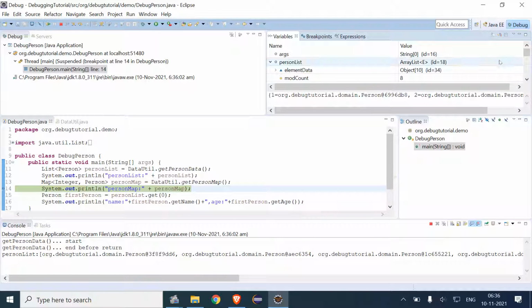And here is the option show logical structures. So here logical structures are being displayed. And here are six elements in which ID is being mentioned in the person list.